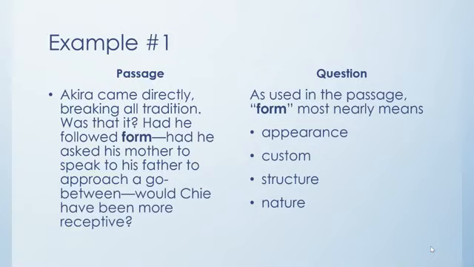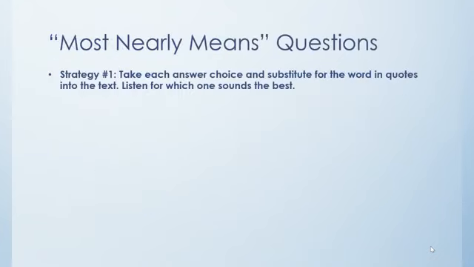So the first example here is the type of question that you're going to see. You can take a couple seconds and read the passage. In this case, we're talking about the word form. With the word form, you can see that there's a bunch of different words that this could potentially mean. So the idea is to say, hey, what does this word mean in this case? We're not looking for what the word can mean. We're looking for what the word does mean. So in this particular question,